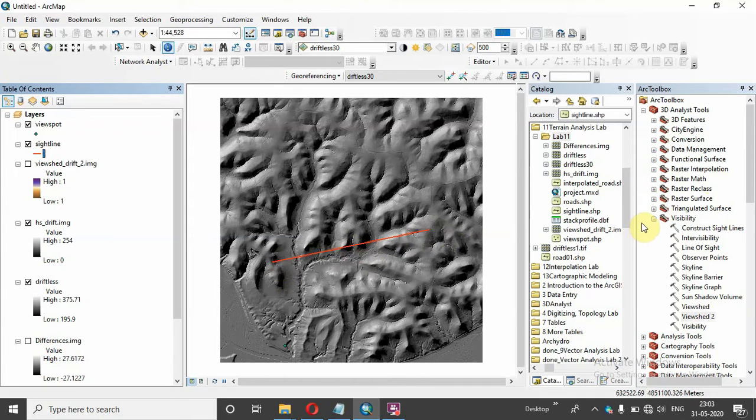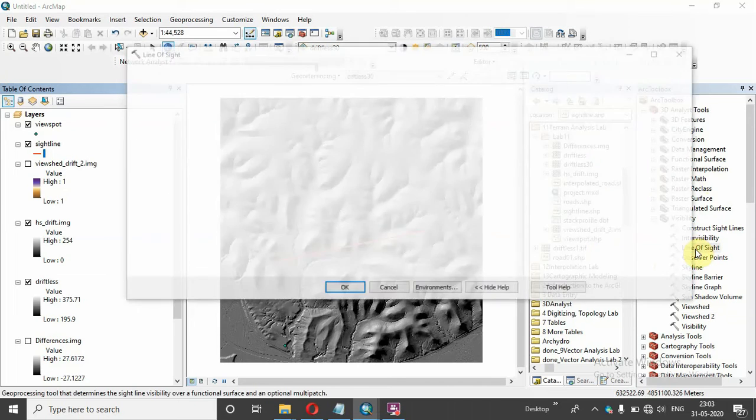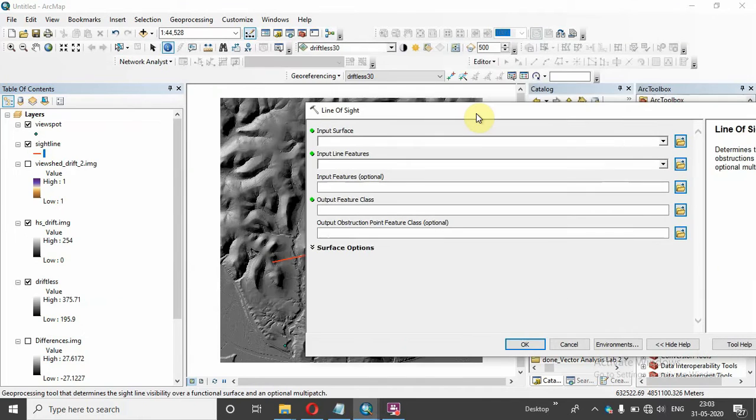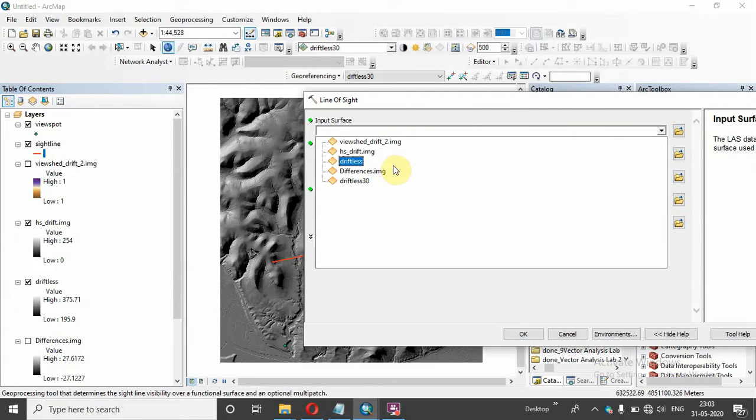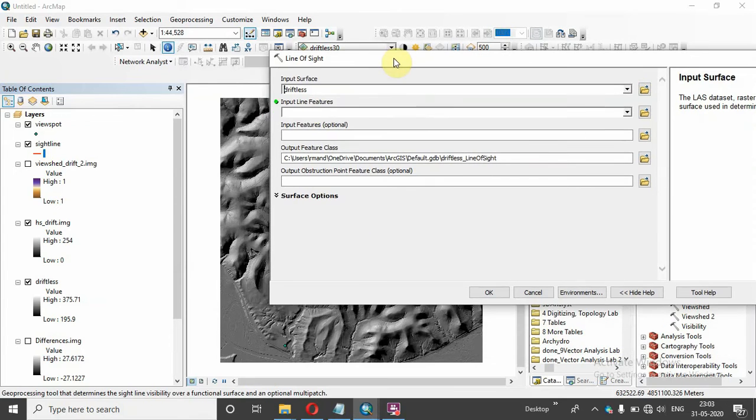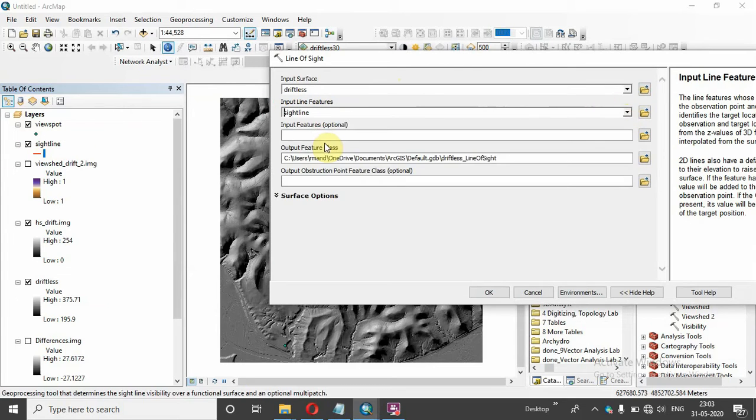For that I have to go to 3D Analyst Tools, Visibility, then Line of Sight. After that I will input this surface as driftless. Then input line feature as this sight line. Then the optional field, leave it.